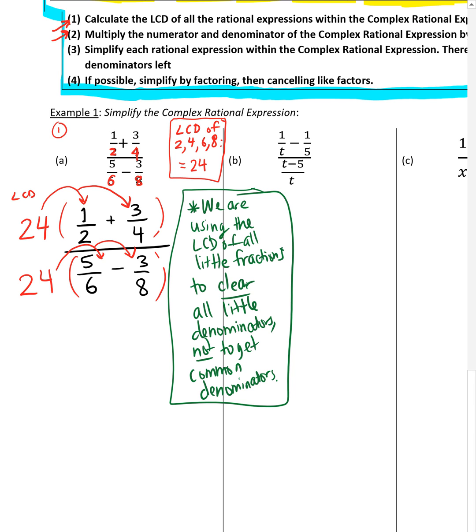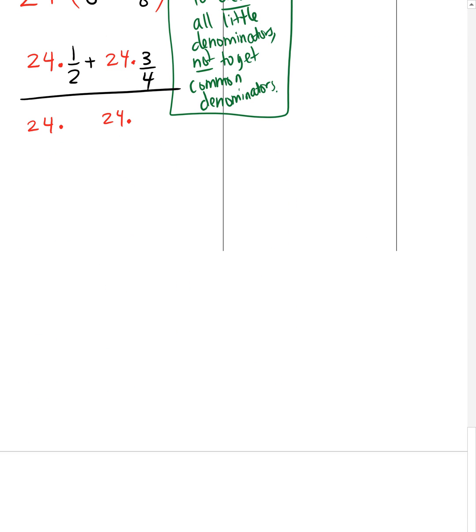So I'm just going to write out 24 is multiplied by 1/2. I'll write those guys next to each other. 24 is multiplied by the 3/4. 24 is multiplied by the 5/6. 24 is multiplied by the 3/8. Let me fill those guys in there. So in the numerator, he was multiplied by 1/2 first, plus, and then he's multiplied by the second fraction, 3/4. And then that's over